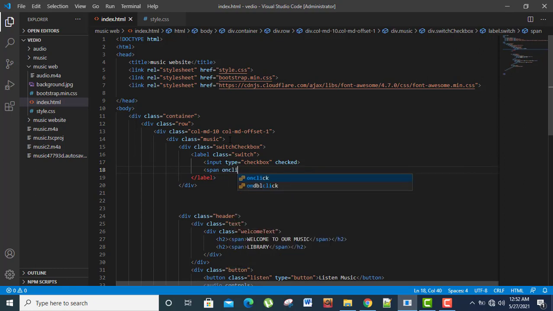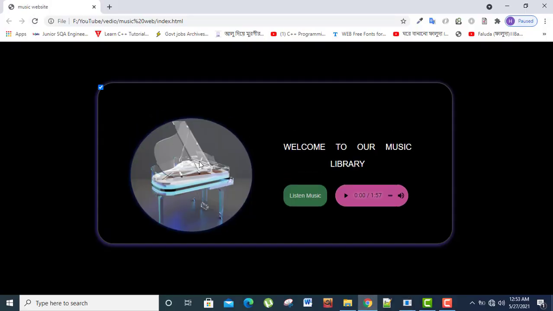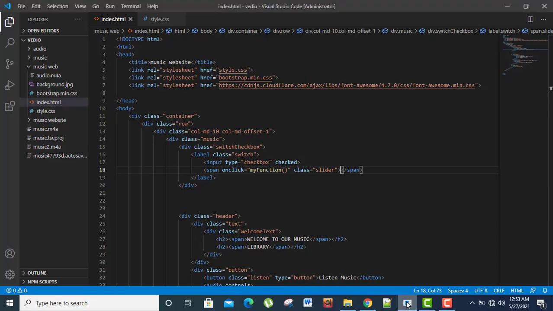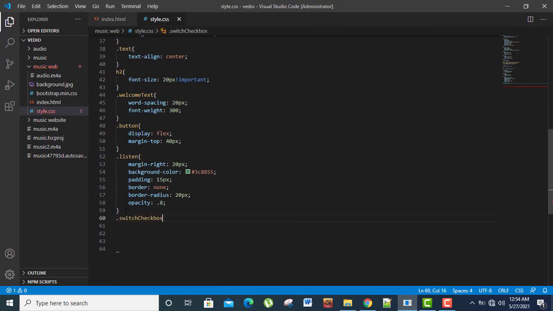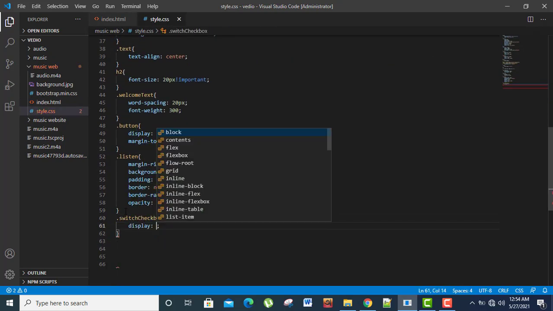After that, add a span with onclick myFunction and class slider. This is the checkbox.